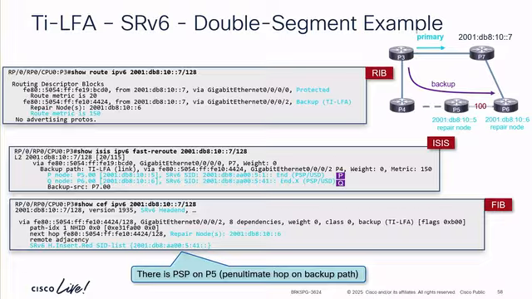This one is to get to router 5, and then the 541 is the adjacency SID from P5 to P6. Right? So both P and Q are present together in the SID that we put on top of the packet when the protection kicks in,